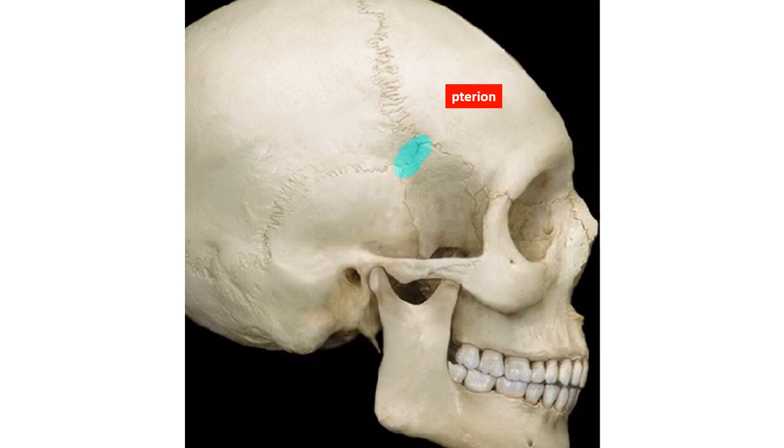In this lateral view of the skull, the green marked area is the area of meeting of the frontal, parietal, temporal, and part of the sphenoid bone. This area is called pterion. You simply don't pronounce the P. This is a very important area because it is thin, and in this area